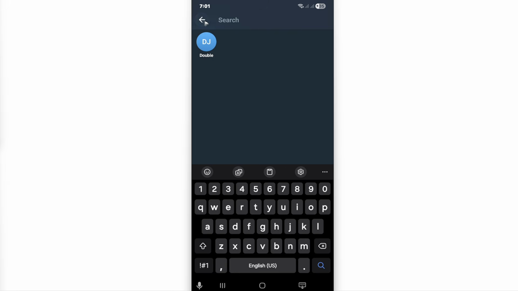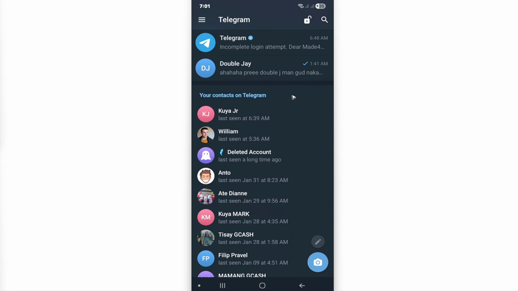Now, you could also export data, but exporting data requires you to use the desktop version of